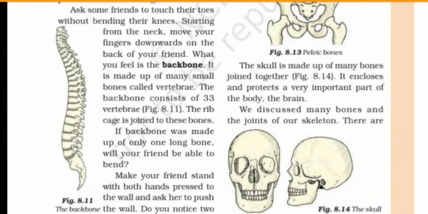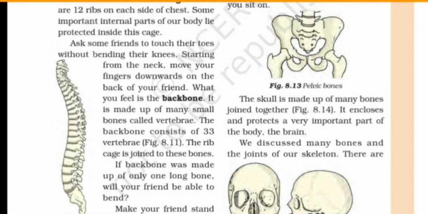What is a backbone? Backbone, you can see here, is also known as the vertebral column or the spine. It consists of 33 irregularly shaped bones called vertebrae. There are 33 irregularly shaped vertebrae arranged in a spiral manner, so it is also known as the spiral bone. These bones make a strong framework which protects the spinal cord. Its main function is to protect the spinal cord. The vertebral column enables us to stand upright and maintain our balance. So it is the main bone of the skeleton.